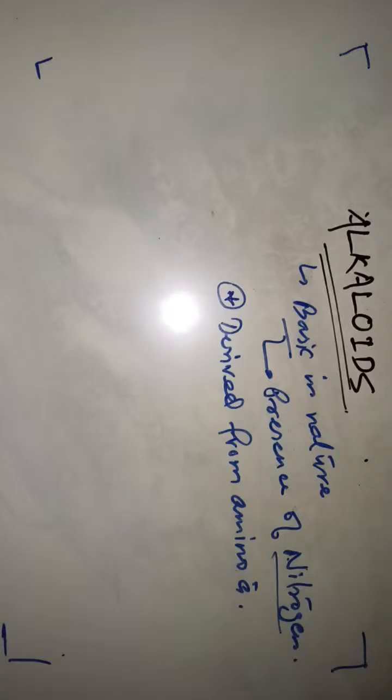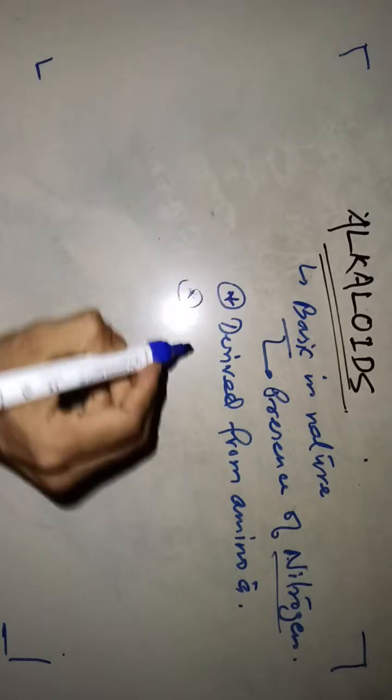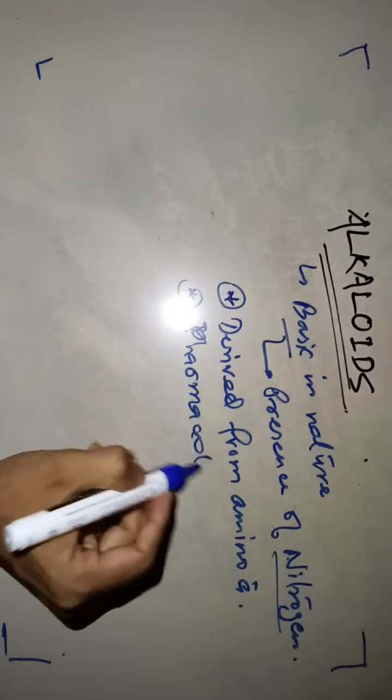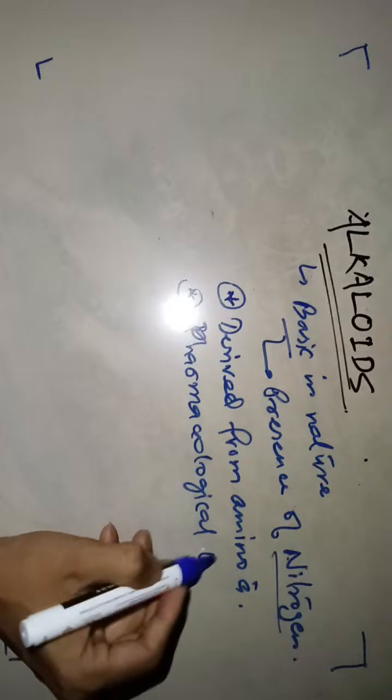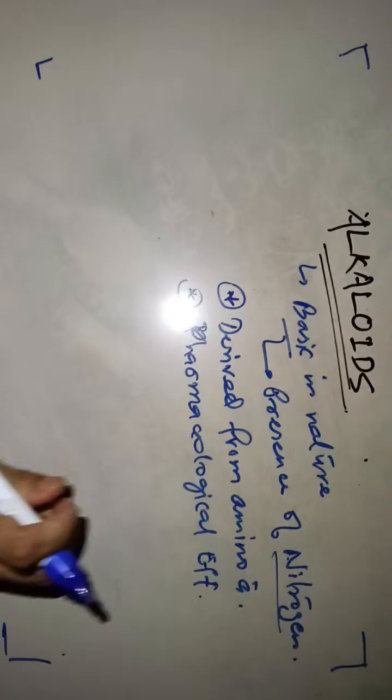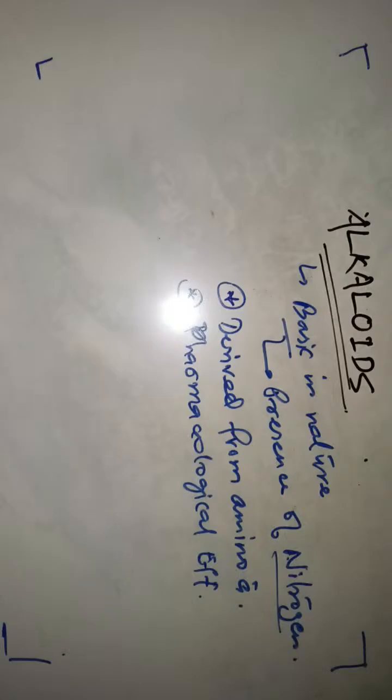information about alkaloids. Yes, Mahfuz, good evening. So they are having significant pharmacological effect on animal bodies. For example, ephedra and physostigmine, they are having parasympathomimetic and parasympatholytic characters. So they have pharmacological effect on the human body because of the nitrogen. This is basic. Already I mentioned that because of the nitrogen, the alkaloids are basic in nature.